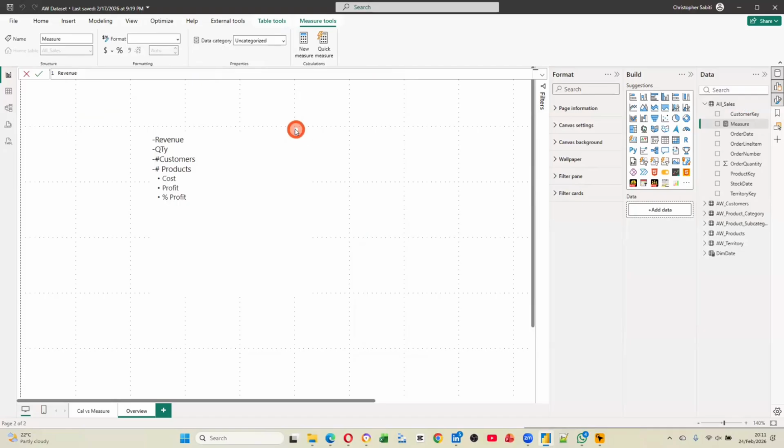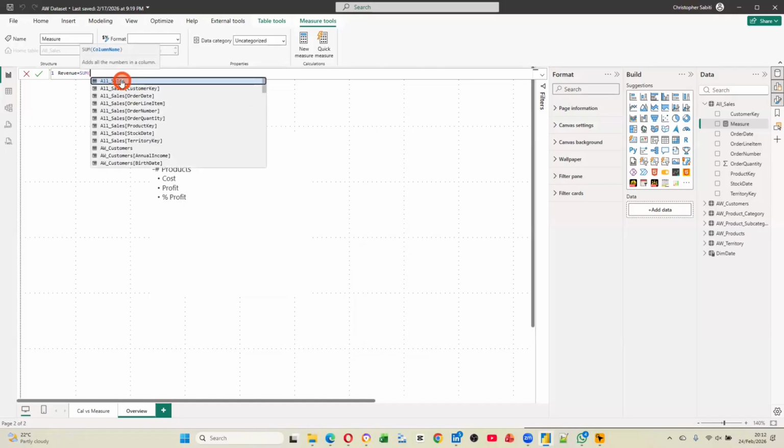is going to be equal to... So what is our revenue? Revenue is going to be quantity times the price. So where do we find quantity? Quantity is in the sales table, right? So we are going to do sum of, this was order quantity, right? Like this